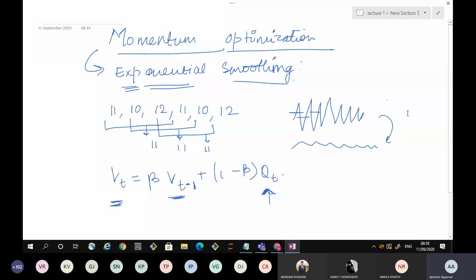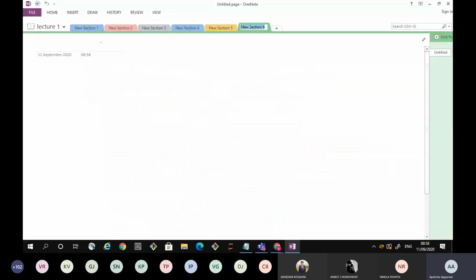How is it the average? Let's say we have v0 equal to 0. If we want to calculate v1, that is beta times v0 plus (1 - beta) times the current value of theta 1. This is a parameter, w or b, the current value of the parameter. So we can see that v1 is dependent upon v0 and the hyperparameter beta and 1 - beta.